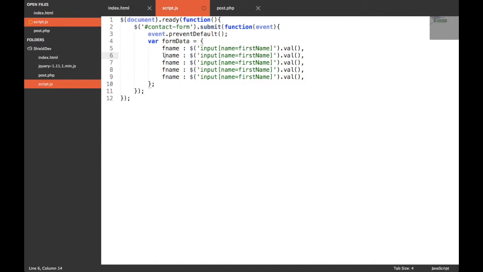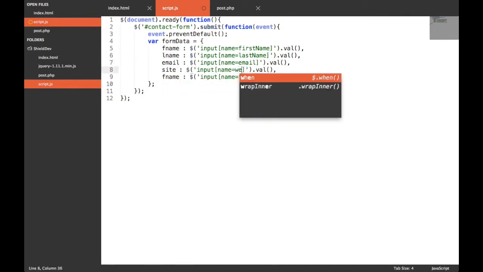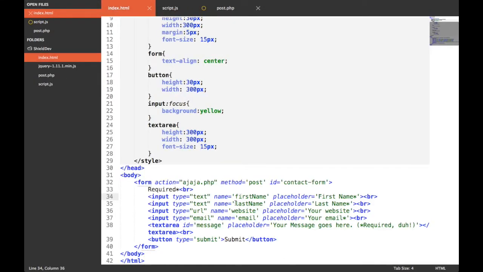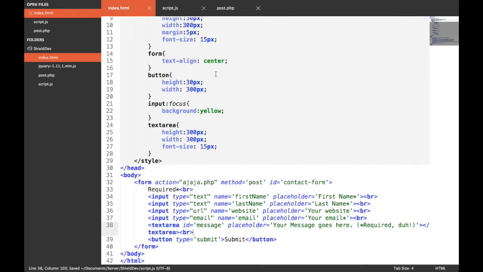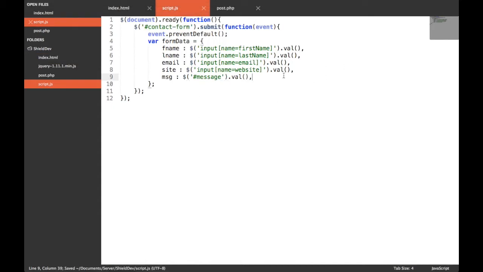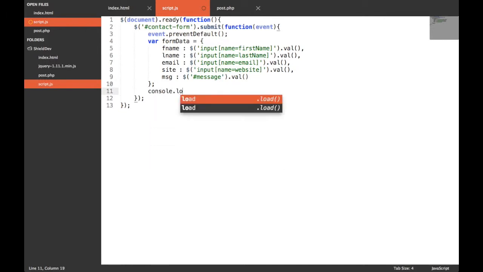So now it's going to be L name, last name, email, site, website, because it's website right here, and message, as hashtag message. Well, I've given an id of message, not a name. So we've created our form data variable. Now if I console.log this,